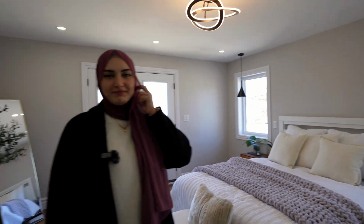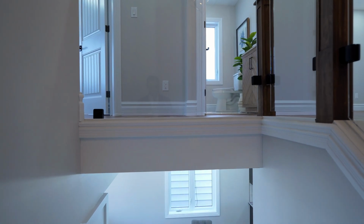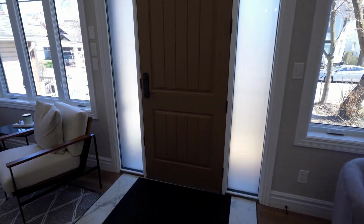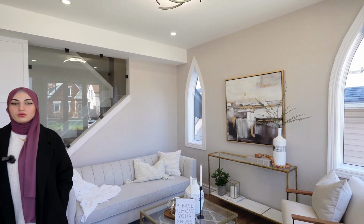So if you think that's it, no, we're not done. This is only the first unit of this house. We need to get out and see the second unit, and I'm thinking it's the basement. Yeah. But we didn't see any door for the basement yet, so I think we have to go outside. It's the side door because, just like we said, this is a legal duplex, so it's not something people just made up. No, this is built by the builder to be a duplex. You cannot enter the basement from this unit. We have to go outside and...